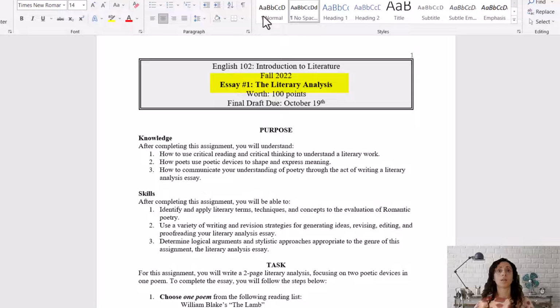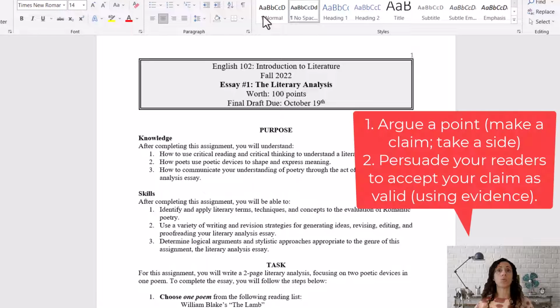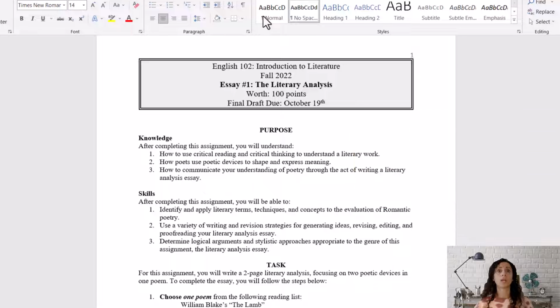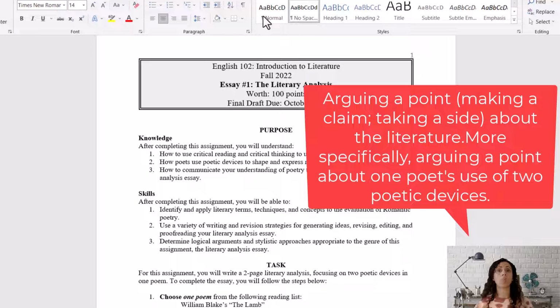essay. The literary analysis essay is a type of essay that belongs in the category of persuasive argumentative. And the role of a persuasive argumentative essay is to argue a point or make a claim, take a side, and persuade your readers to accept your claim as valid using evidence. Since this is a literary analysis essay, you will be arguing a point or making a claim, taking a side